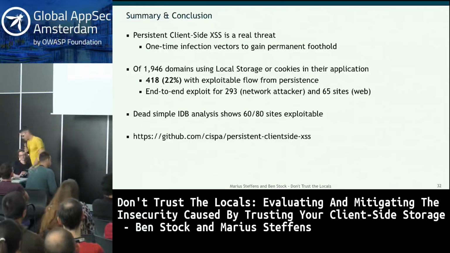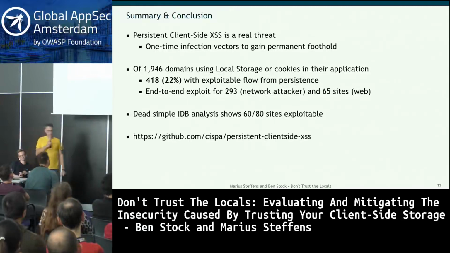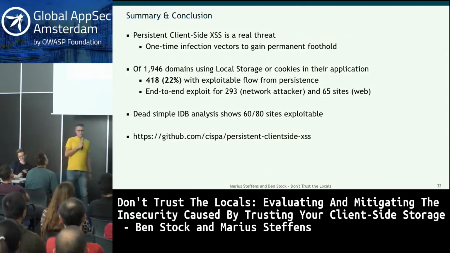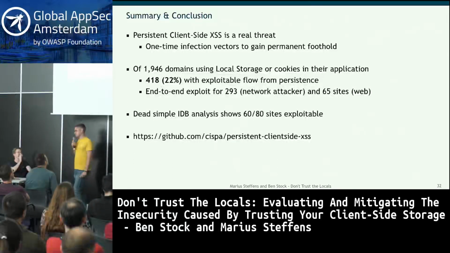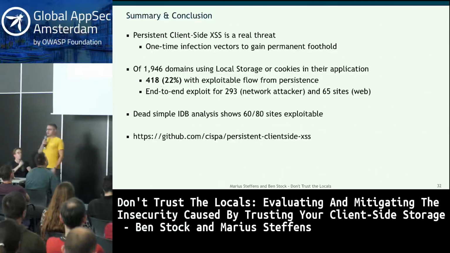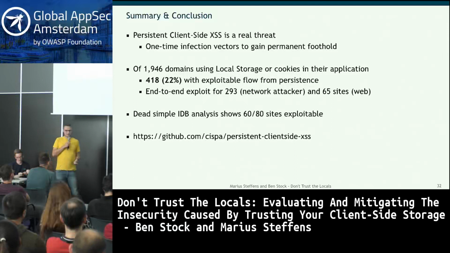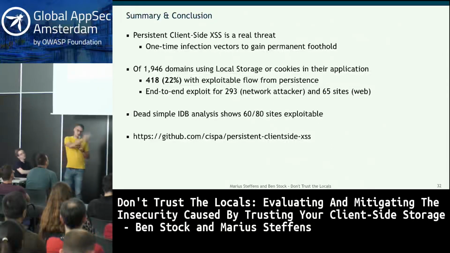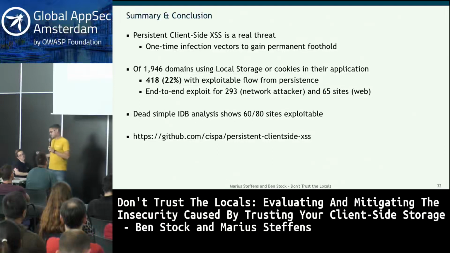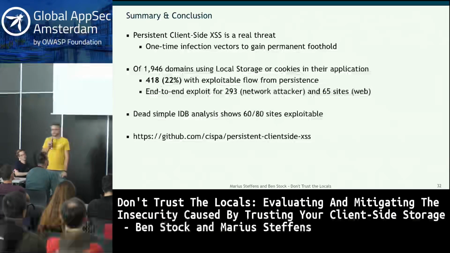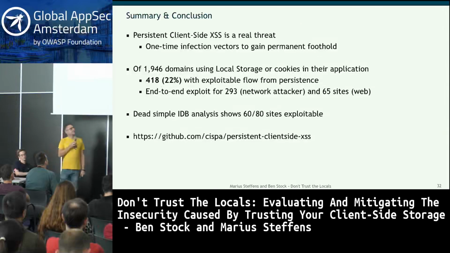And then for all the people that have been going to these conferences a while, I've also been here for a while, and I've been talking in previous years a lot about our ways to automatically find reflected client-side XSS. So we had this awesome taint engine that would allow you to track all these data flows from a source to a sink, and then even on top of that, add this exploit generation that Marius was talking about. And for a very long time, there was an issue of us not making that engine available. I don't want to go into the legal reasons for why that is.